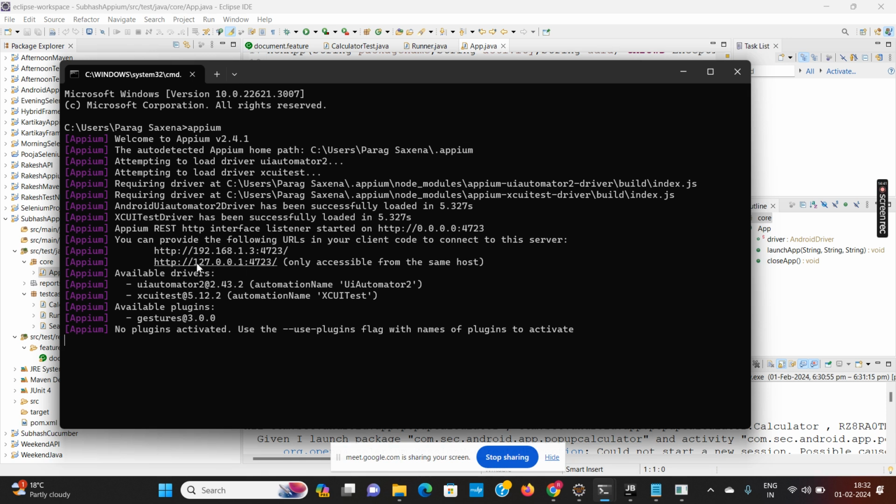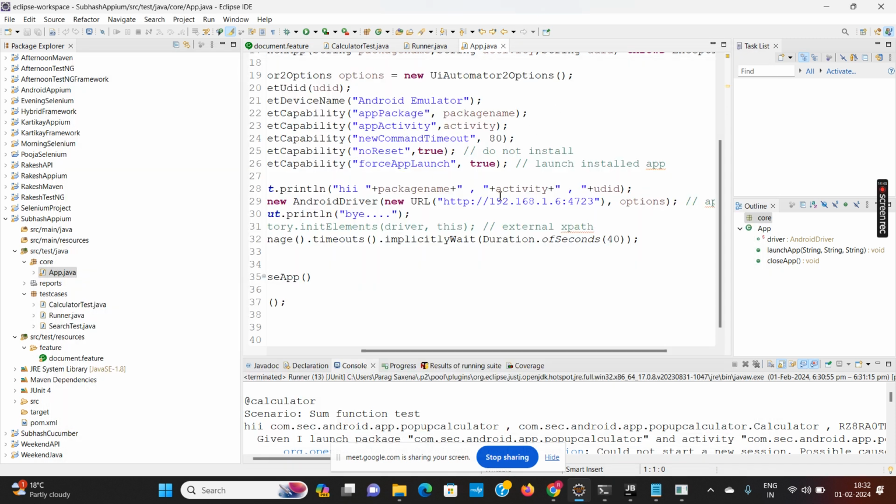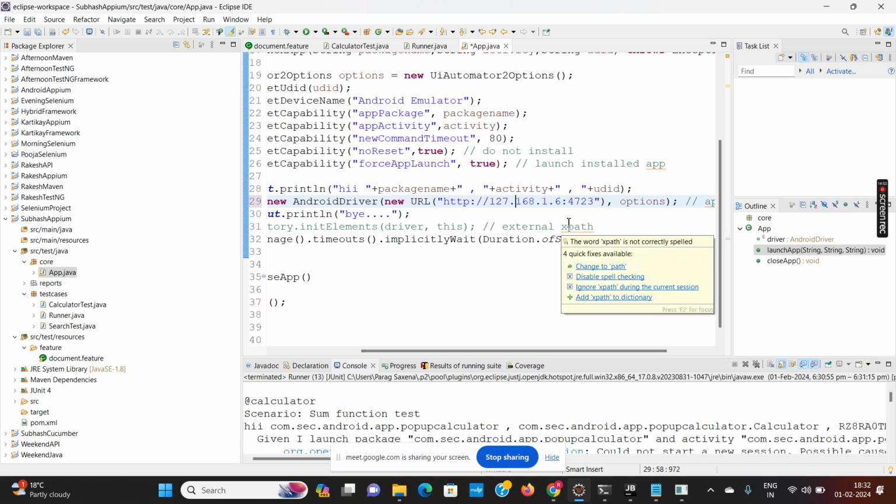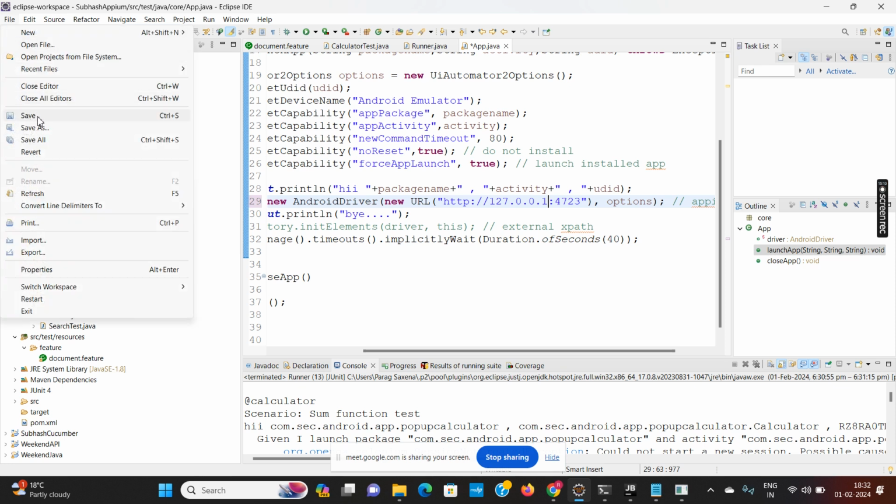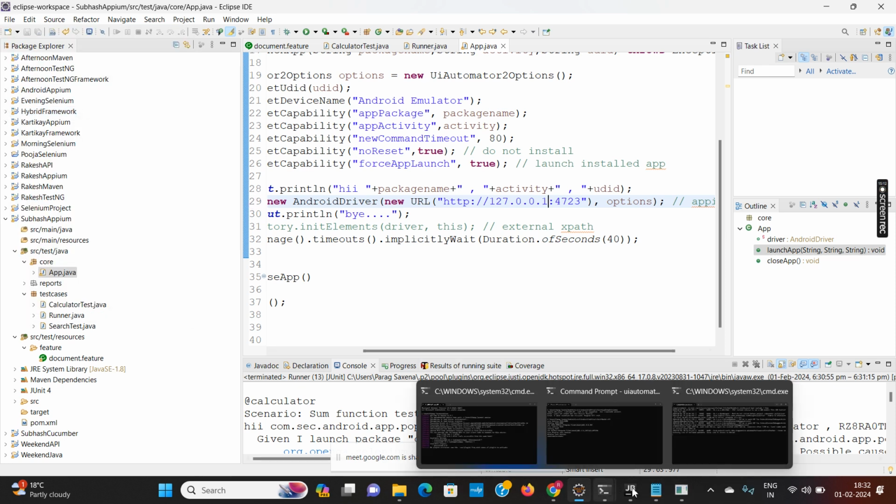So otherwise I can use this 127.0.0.1. This will not change. This is the localhost address, http 127.0.0.1. Again, I will rerun and check.